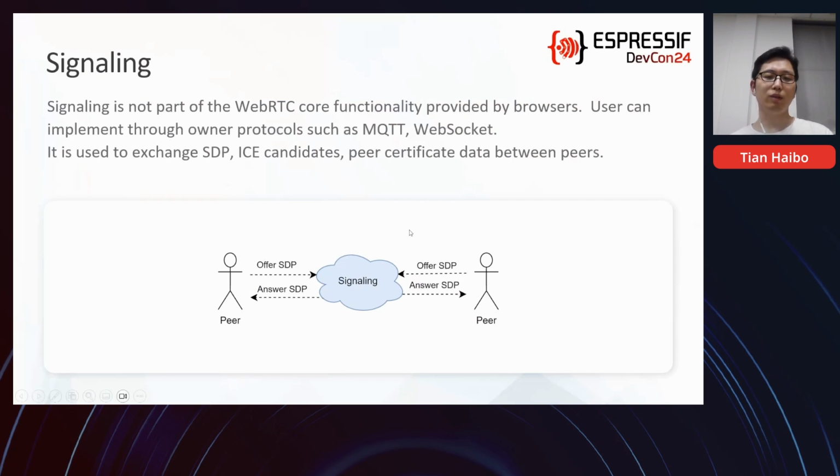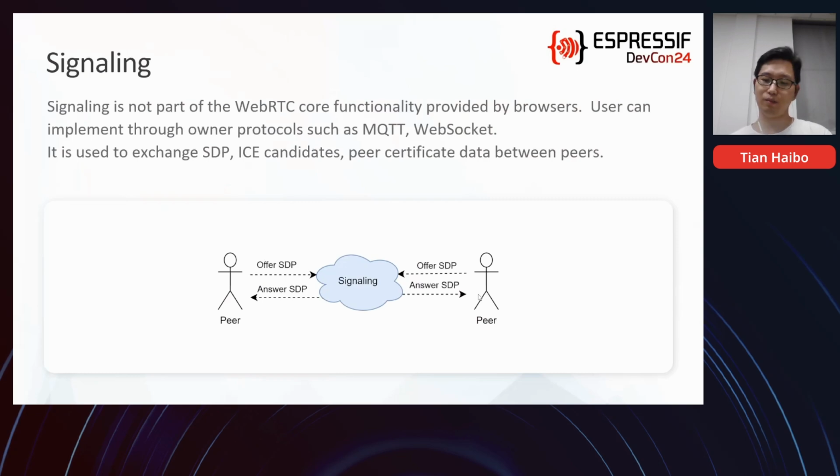The following diagram shows the SDP exchange process. Both peers send their SDP to the signaling server. When one connects, the signaling server will forward each peer's SDP to the other so that they can use it to